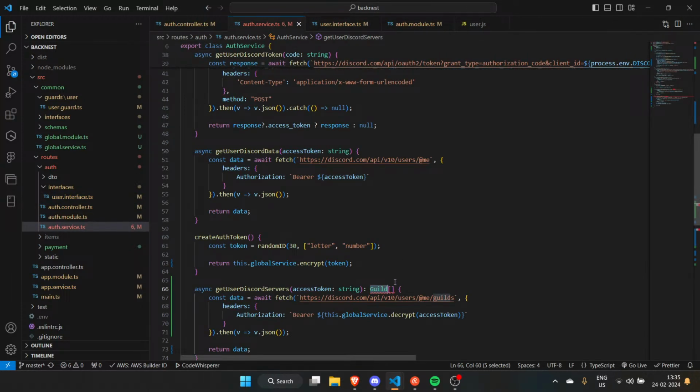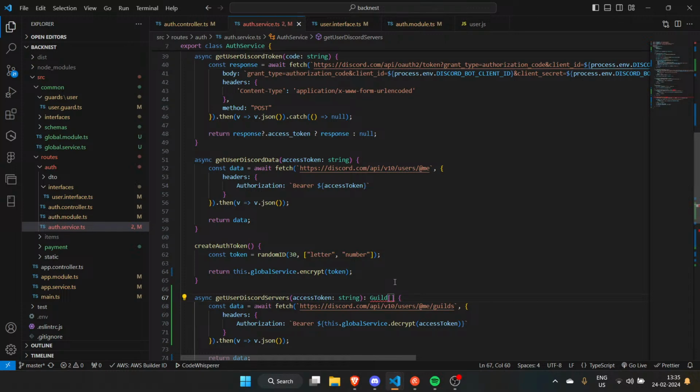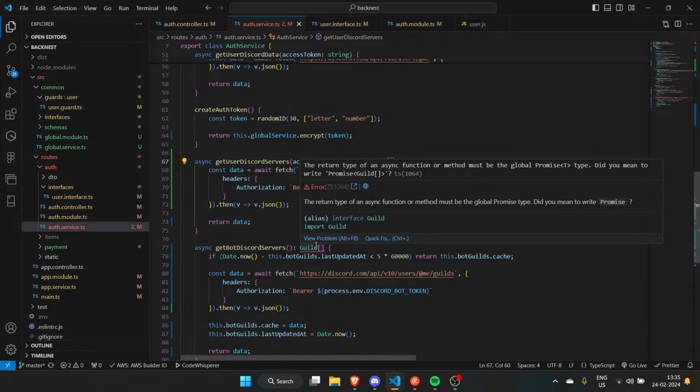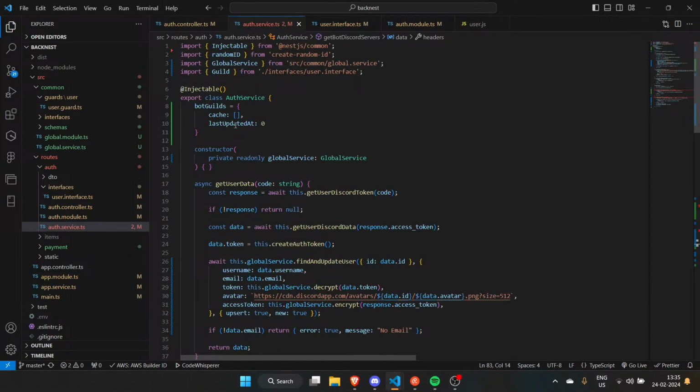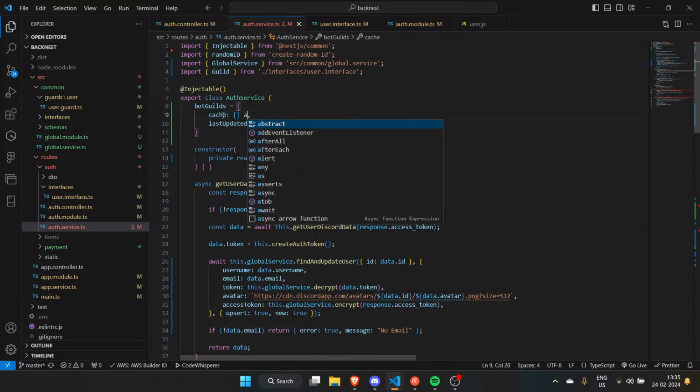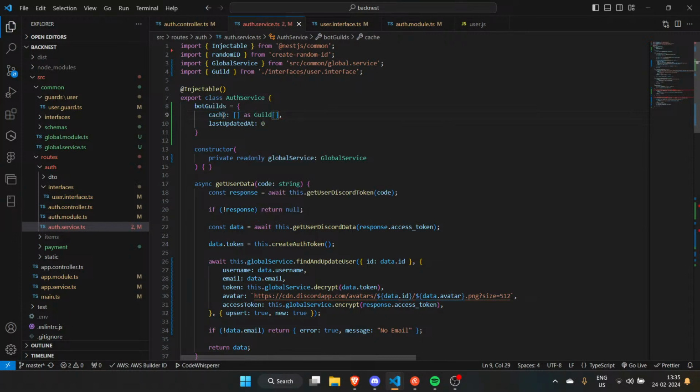So we have the guild. Let's import it. We still have two errors for some reason. Anyways, the cache is going to be an array of guild. Nice.